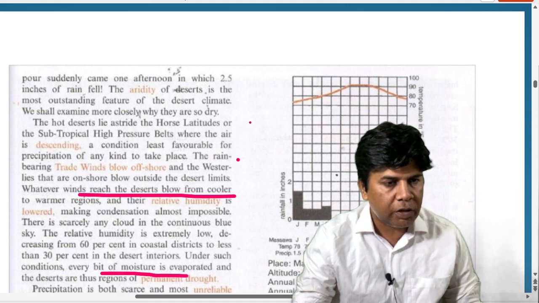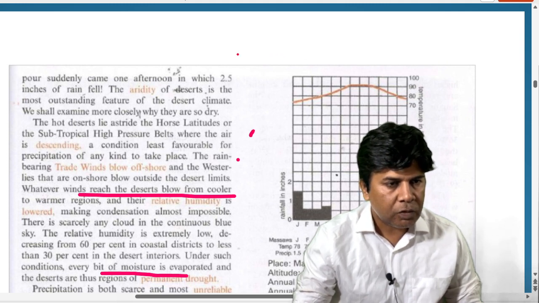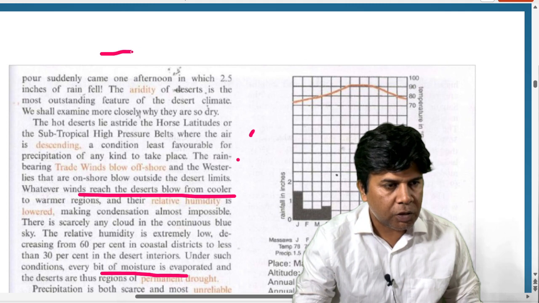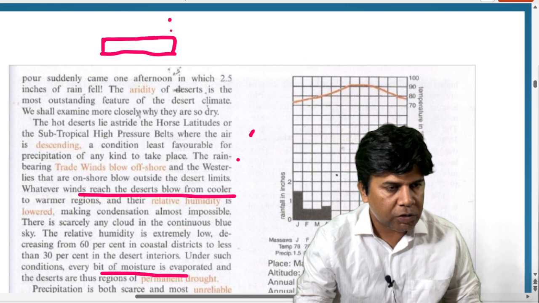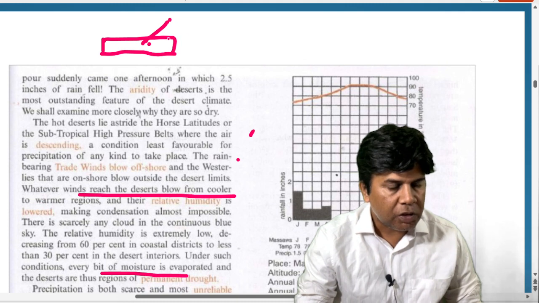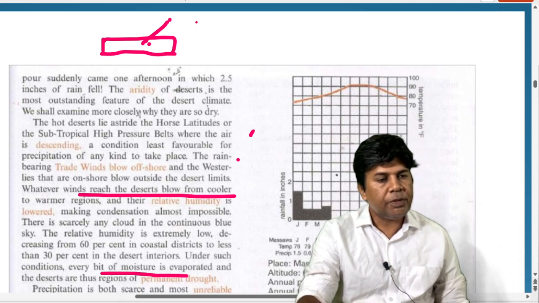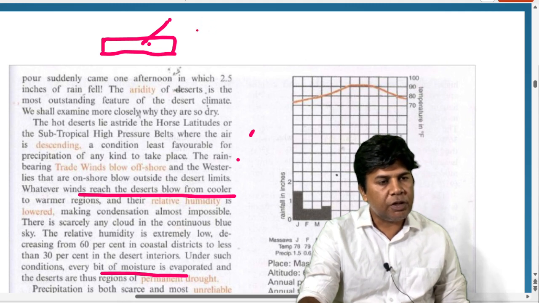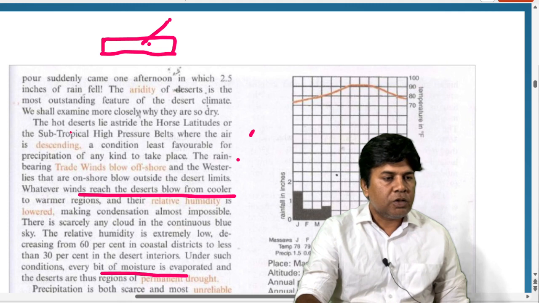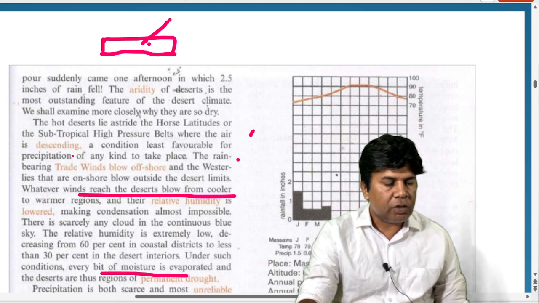So suppose this is a surface, and if the cool air is coming to this surface, then its temperature will increase, the temperature of air will increase, and that's why the relative humidity will decrease, because relative humidity of any air increases only when its temperature is lowered. So when the temperature is lowered, then the relative humidity increases. So that's why when all these cold winds